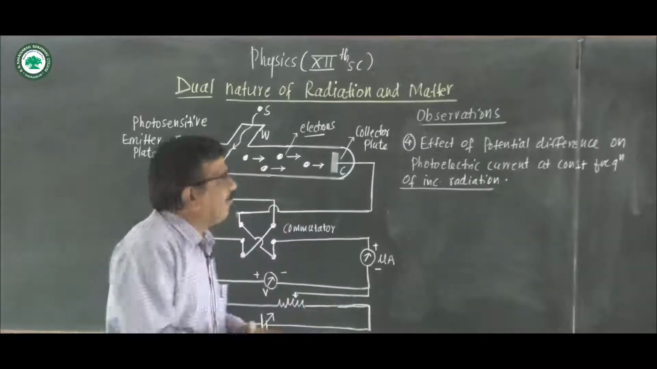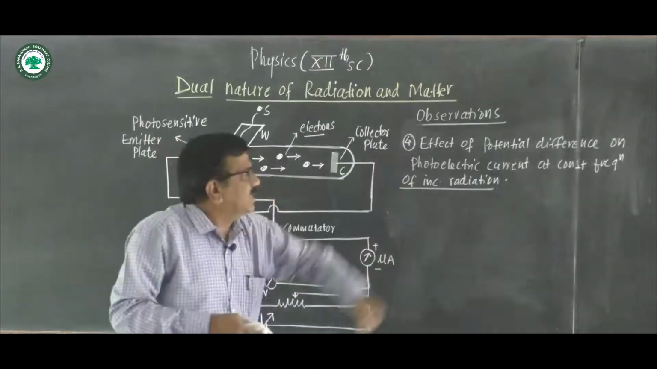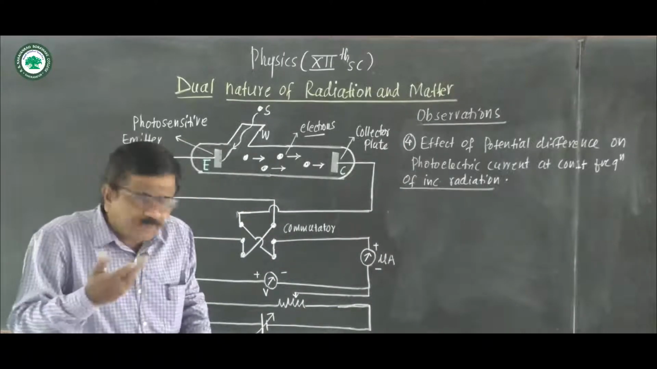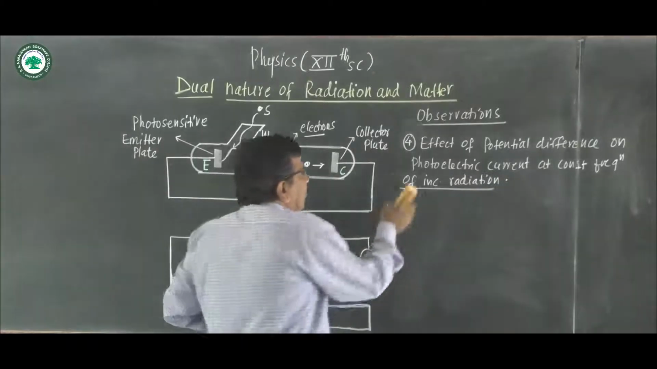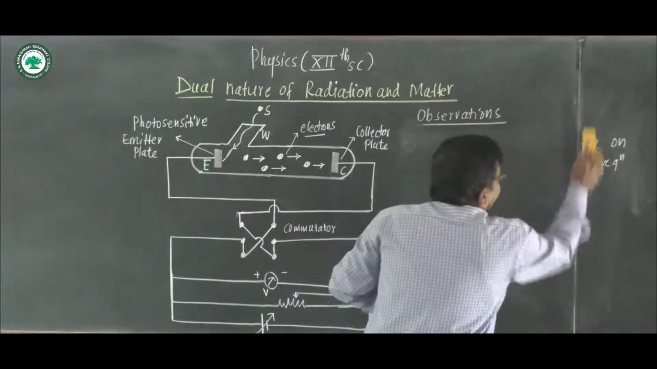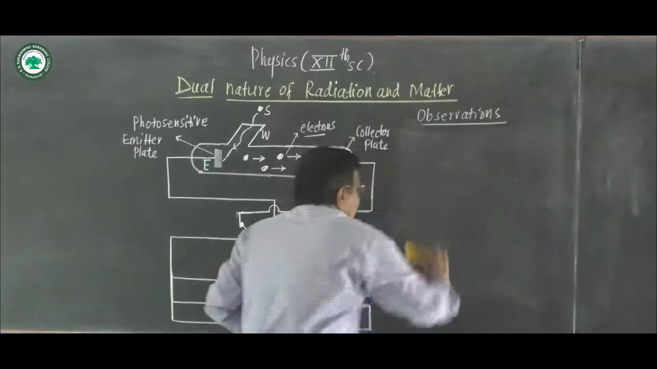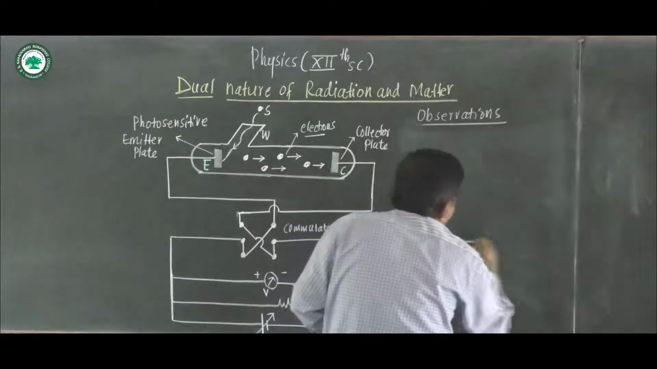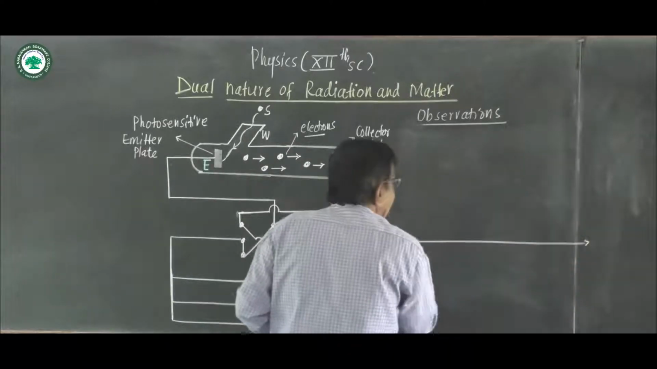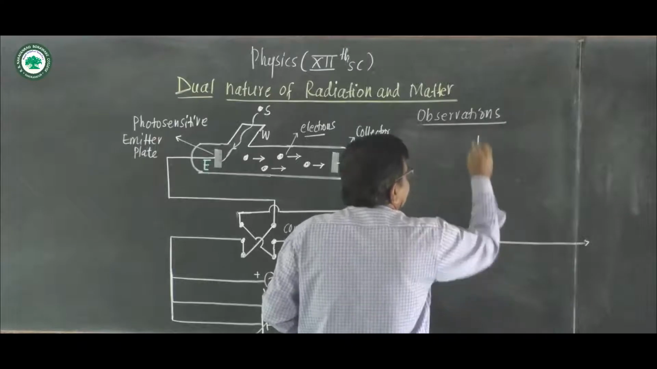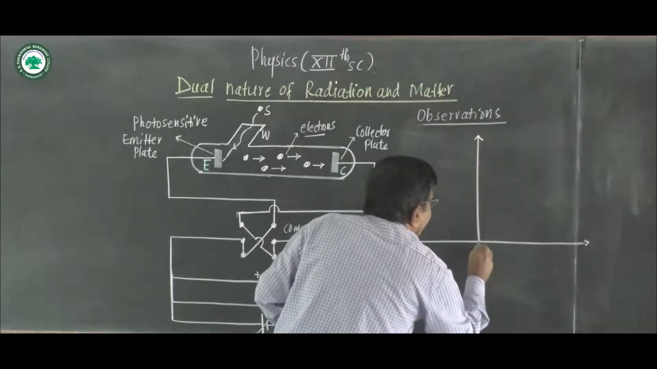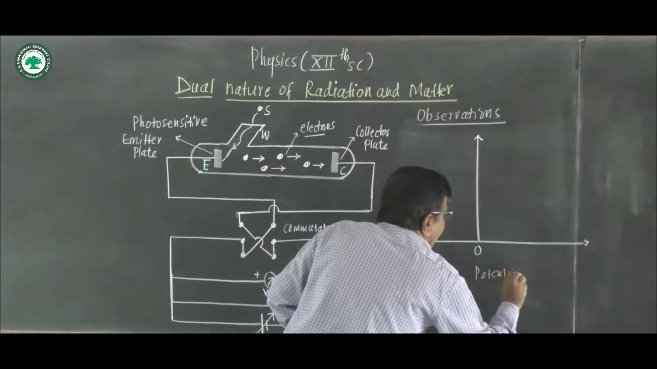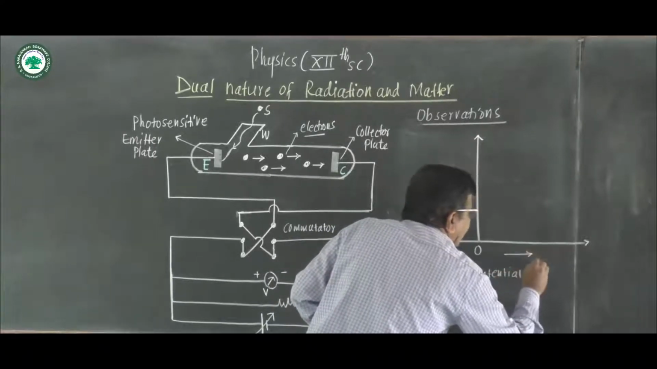If we plot the graph, from the graph we explain this concept, that is, the effect of potential difference on the photoelectric current at constant frequency of incident radiation. With the help of the graph we easily explain this concept. Suppose this is the potential axis. Here there is accelerating potential towards the right,